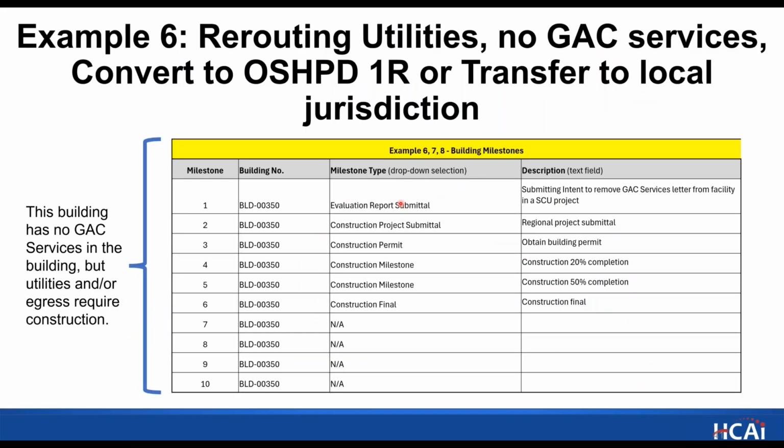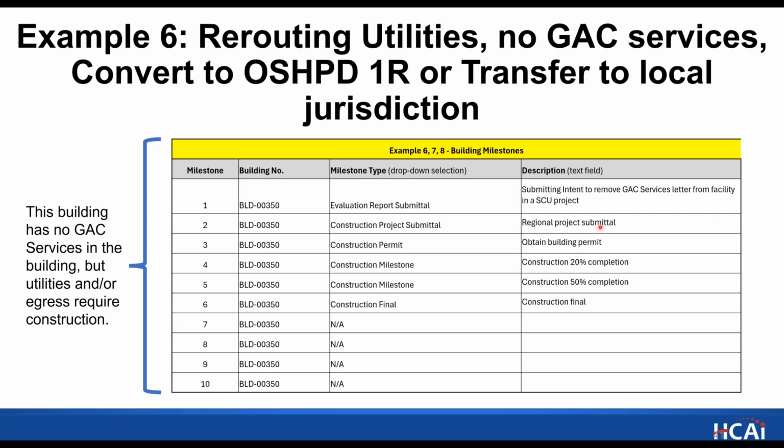So this one starts with the evaluation report milestone type with that intent to remove general acute care services letter. So a letter telling us by what date you're planning to remove the general acute care services. And then a construction project, because in most cases you will have construction for this to move those utilities or some kind of egress. And so the construction project submittal, those construction documents are due to the region March 1st,